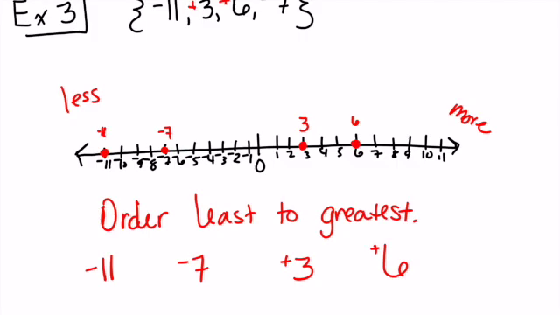So if I was going back to the money thing, this would be like owing someone $11. This would be like owing someone $7. This would be like getting $3. And this would be like getting $6. So you can think of positives and negatives as owing or having or getting money too. But the number line is a really good tool if you had to put things in order because it already